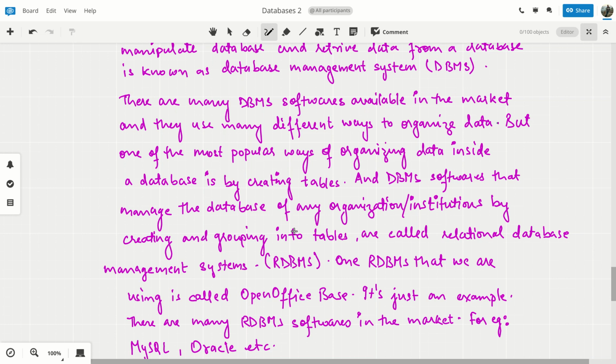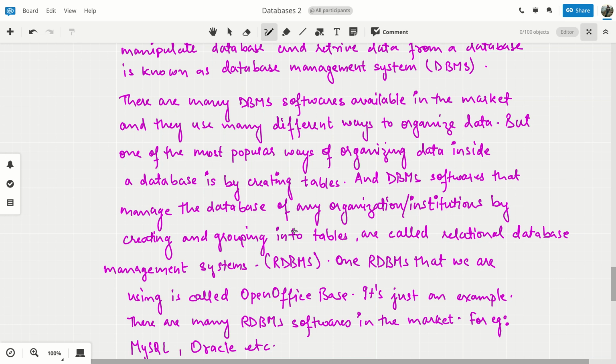So DBMS and RDBMS are also softwares. DBMS is a generic name given to all the softwares which help you manage data. And RDBMS softwares are also DBMS softwares, but they are those special types of DBMS softwares which help you manage